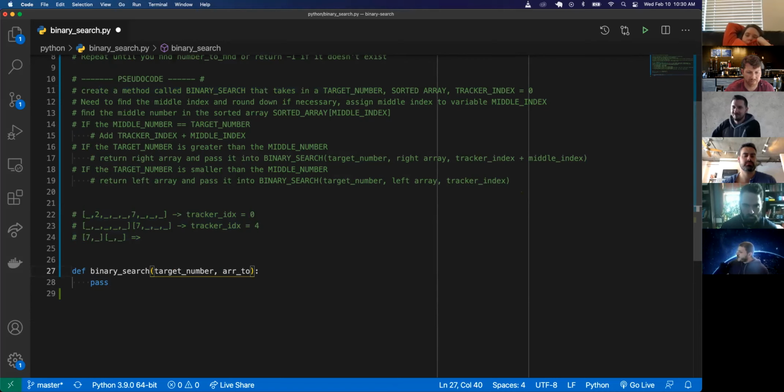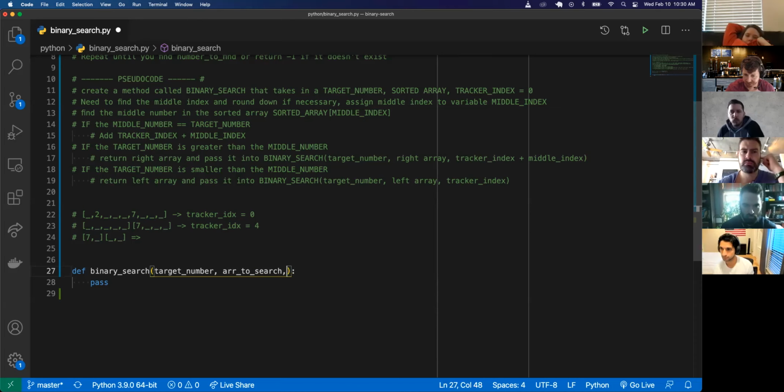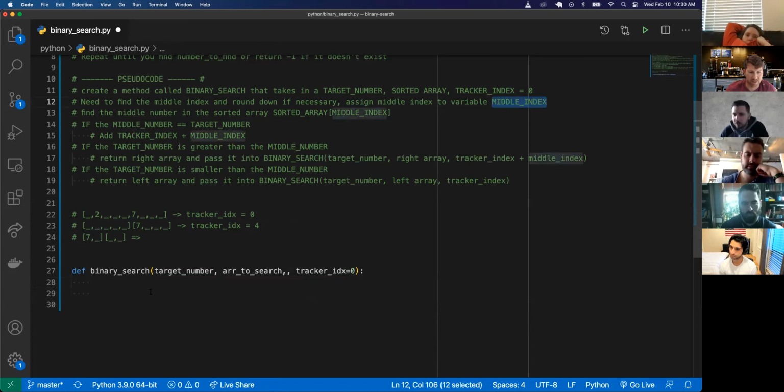Array to, yeah, let's just say array to search through, or array to search. This is our sorted array, and then our tracker index. And let's assign that initial value to 0. Next, we need to find the middle index and round down if necessary. So let's create a new variable, middle index. You have an extra comma on 27 after. Thank you. Middle index